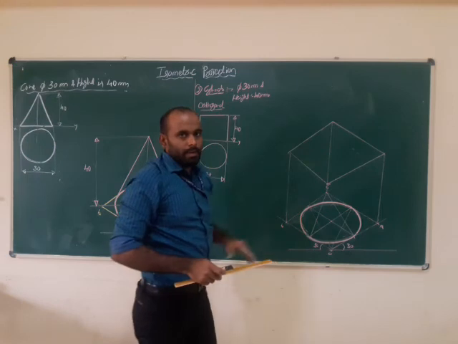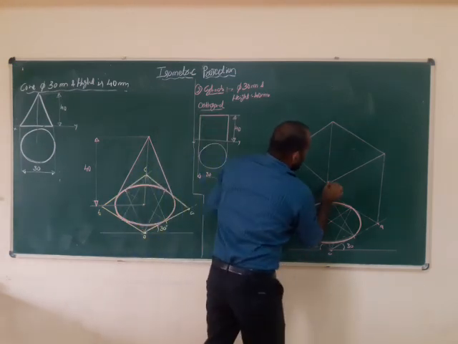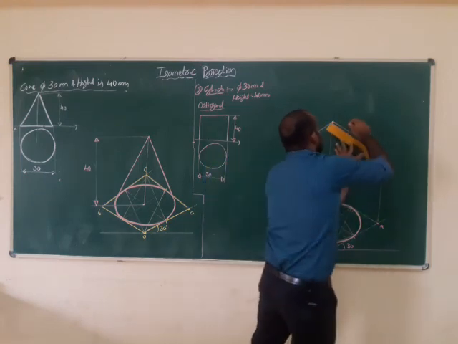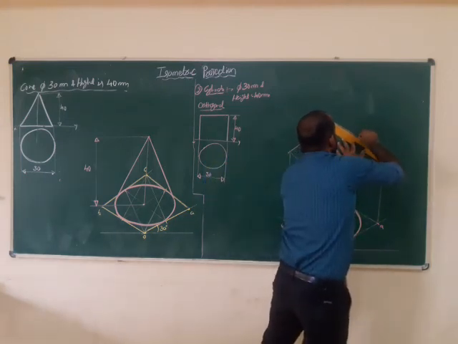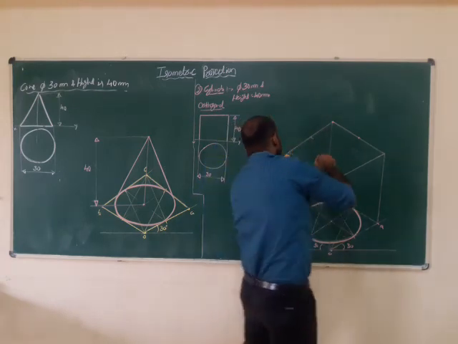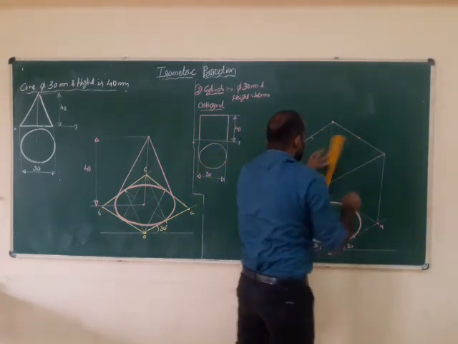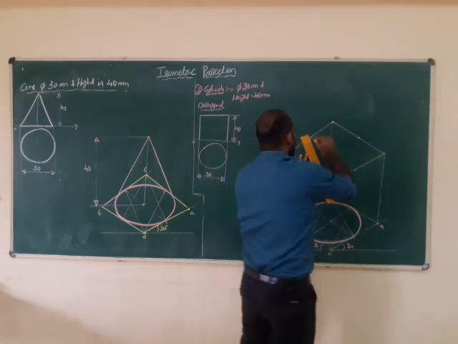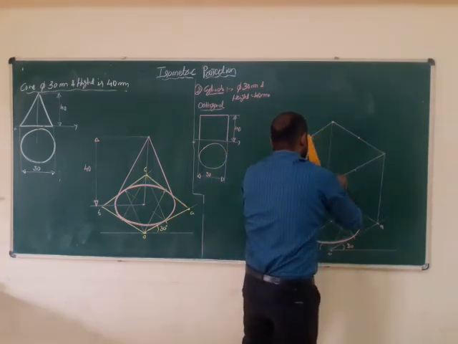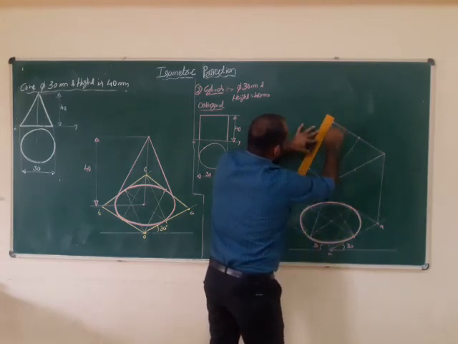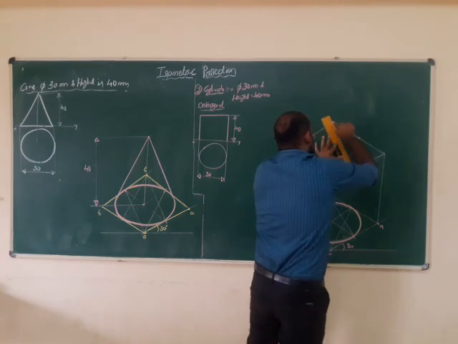Next, this is called the second box. Next, you have to continue with the nearest corner. This is called the nearest corner. Corner to opposite center, you have to measure. This is 30, measure 15. This line is 30, measure 15. This line is 30, measure 15. This line is 30, measure 15. Nearest corner, corner to opposite edge center.